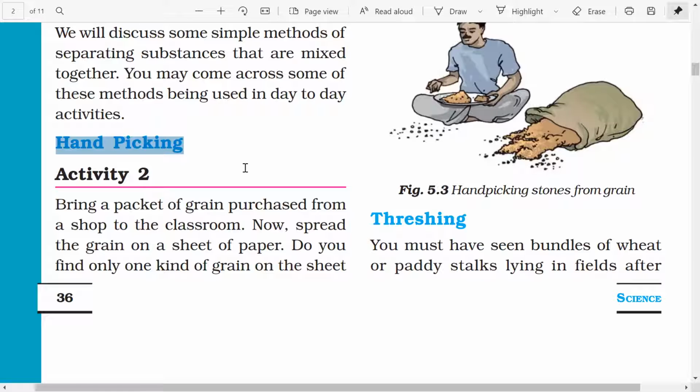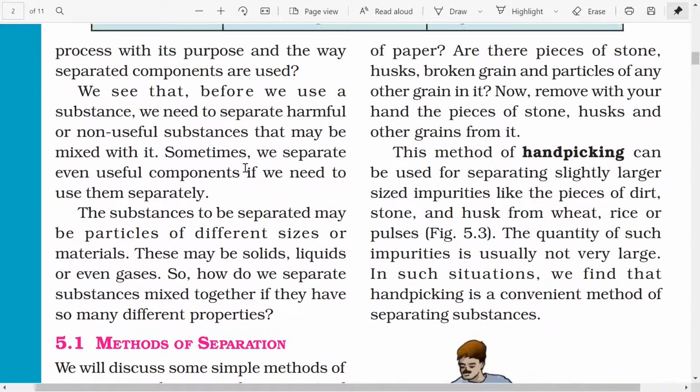Will you find only one kind of grain on the sheet of paper? Are there pieces of stones, husks, broken grain, and particles of other grain in it? Yeah. Now remove these pieces of stones, husks, and other grains from it.